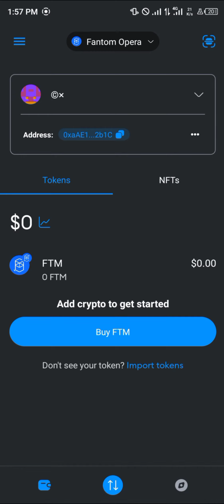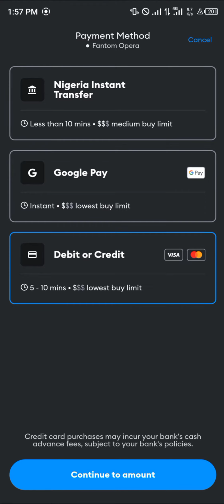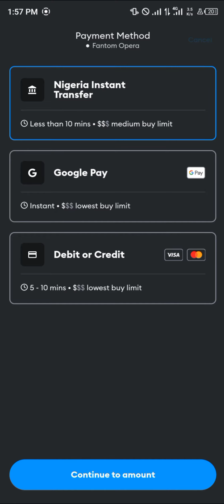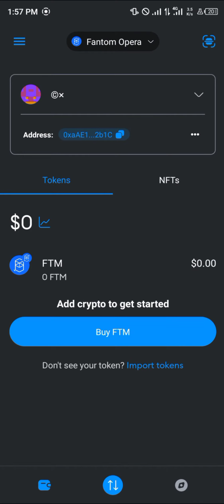As you can see, I do not possess any of this token now, but you can choose to get its corresponding or native token, which is the FTME. Click on buy FTME, and you can get it using your debit or credit card, your Google Pay, or your country's instant transfer, which is like a local bank transfer. So you then simply close this, and to avoid such hassle with adding your payment methods and your cards,